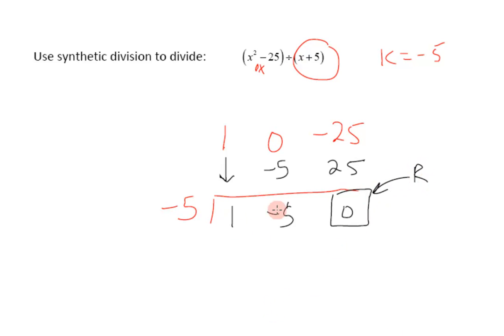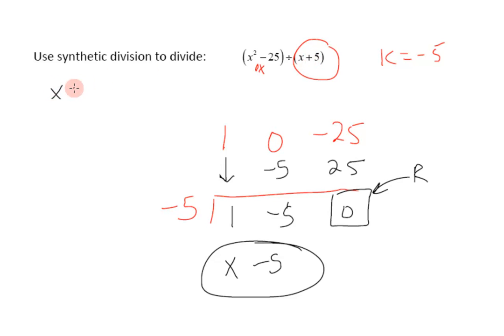Right? What's this stand for? We started with an x squared. Now this is 1x. And then just -5. And remainder 0. x squared minus 25 divided by x plus 5 is x minus 5, just like it was before. So synthetic division is a lot faster, but it can only be used if you have x plus 5